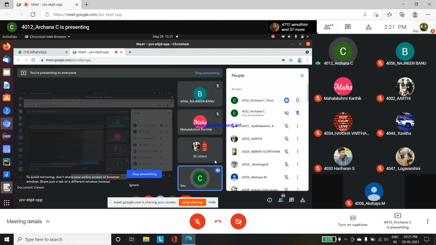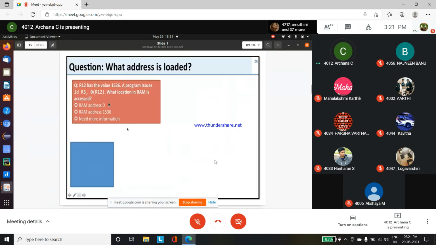Okay, then I'll ask a question. Try to answer this, please. The question is, you have R12 with a value of 1536. A program issues load register 3, and what is the location of RAM accessed?